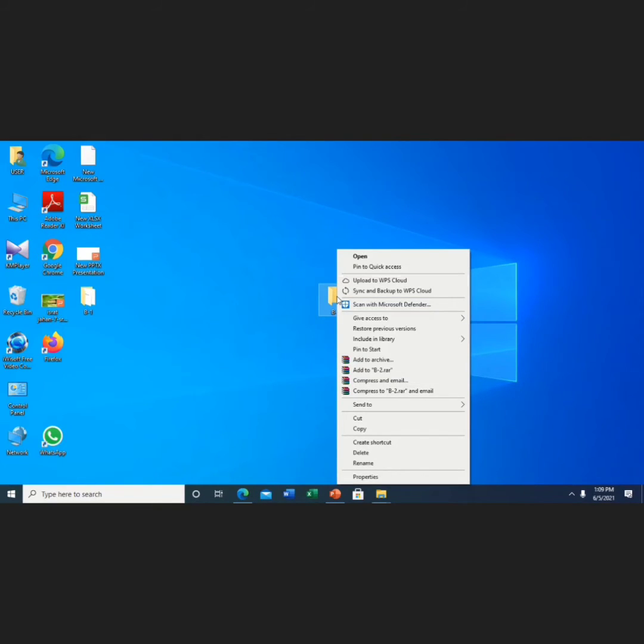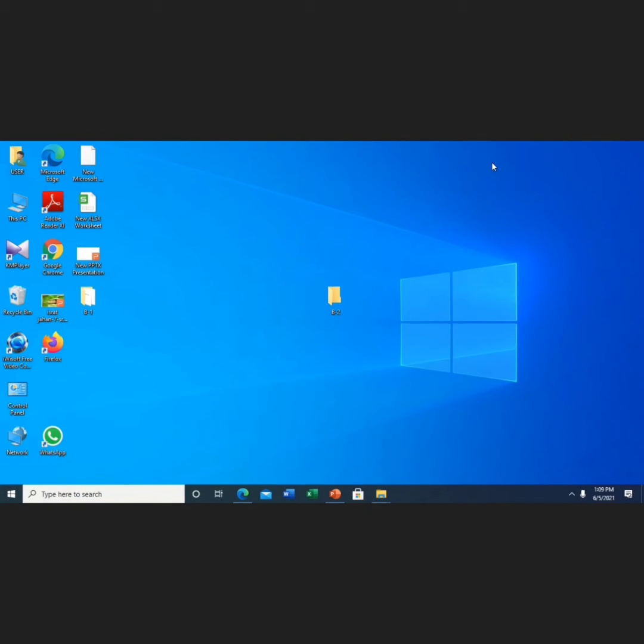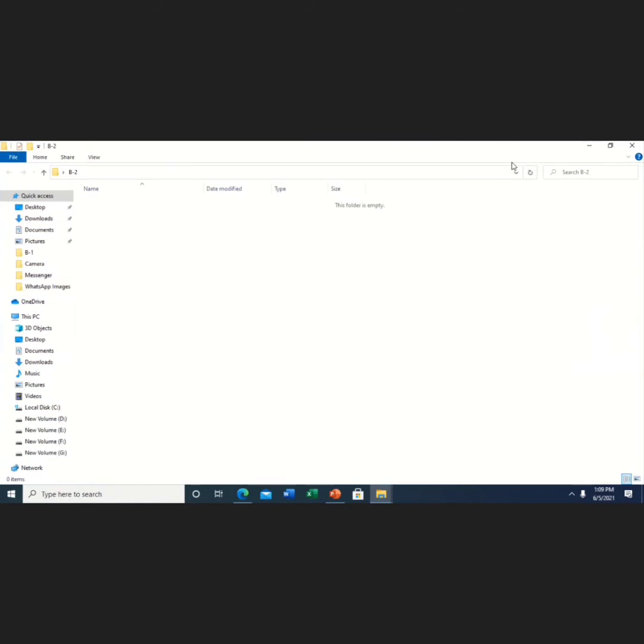From there, click on Open. Or click on the folder and press Enter from the keyboard. The folder will open.